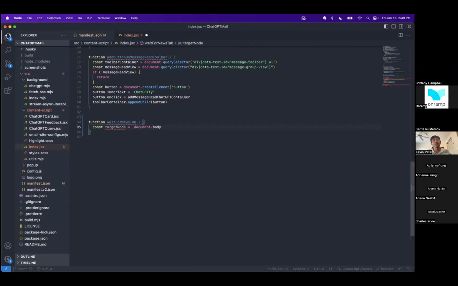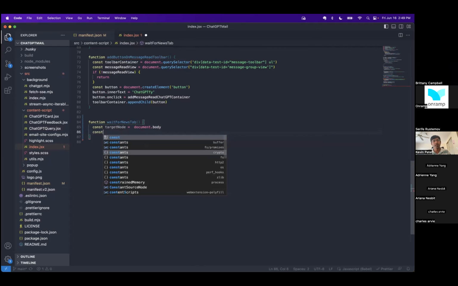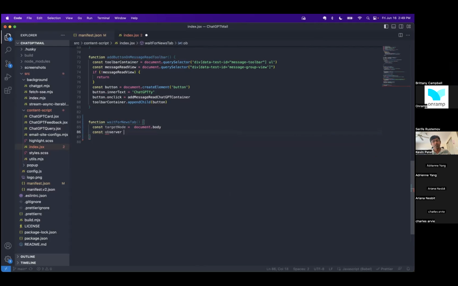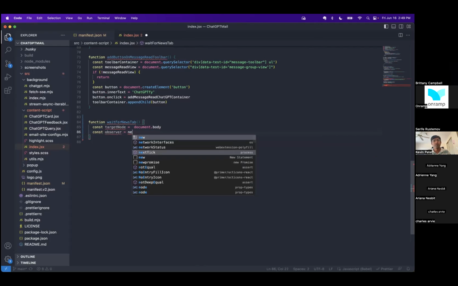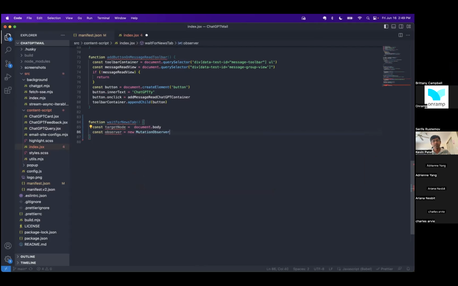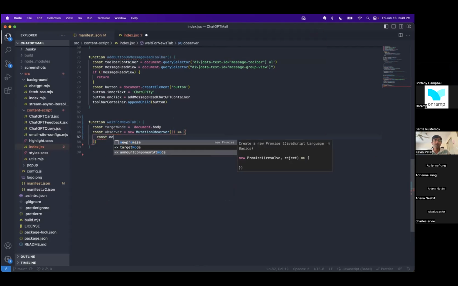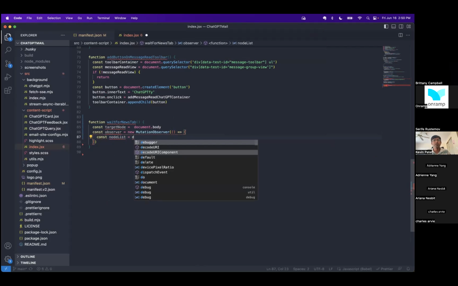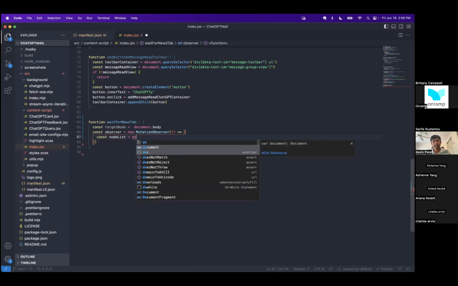I'm going to observe for any of the changes that have happened on the document.body. So equal to mutation observer. And then node list. I'm just going to create a node list and